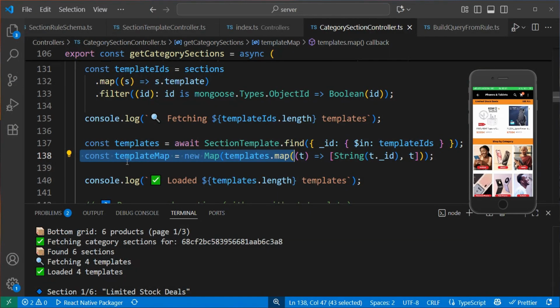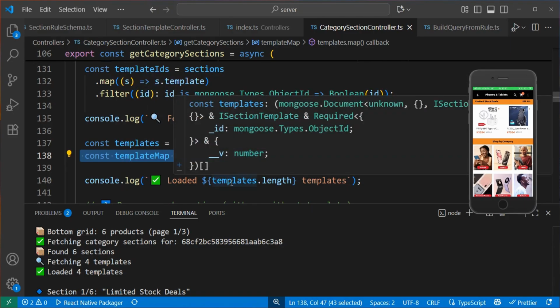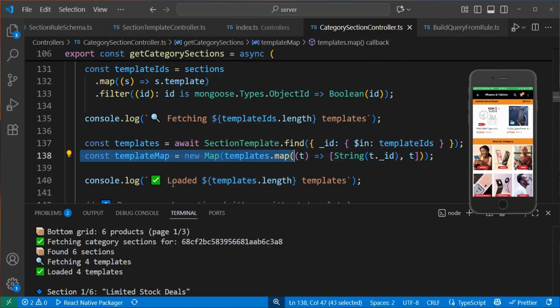So that's what's happening. It will store it inside our template map, and that's why it's telling you. We are getting the length. It found the match for all the 4 templates. When we did a console.log of loadedTemplate.length, you see it loaded 4 templates. That means all the 4 templates that we fetched here,